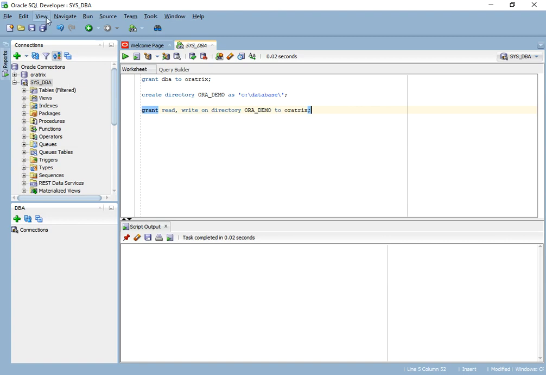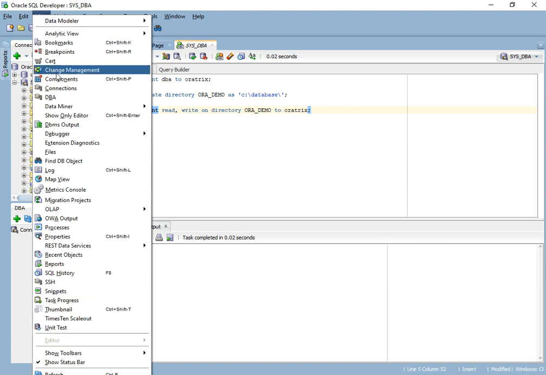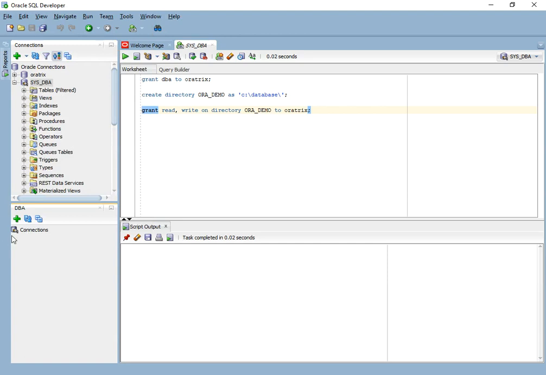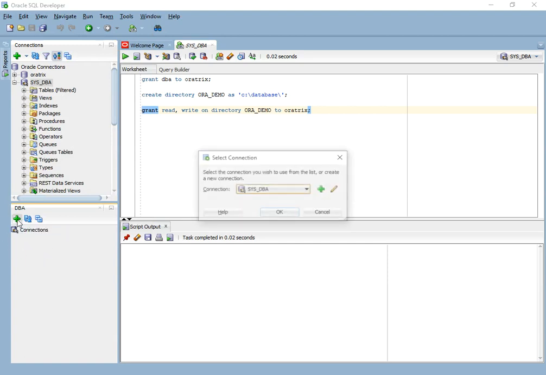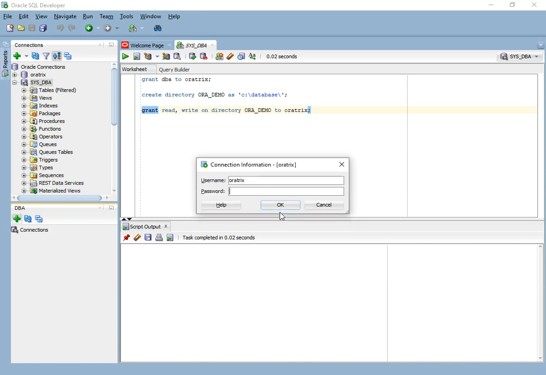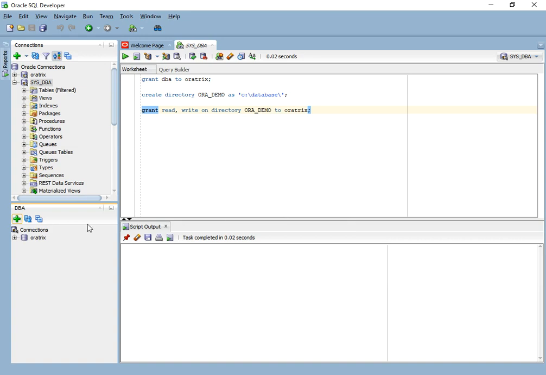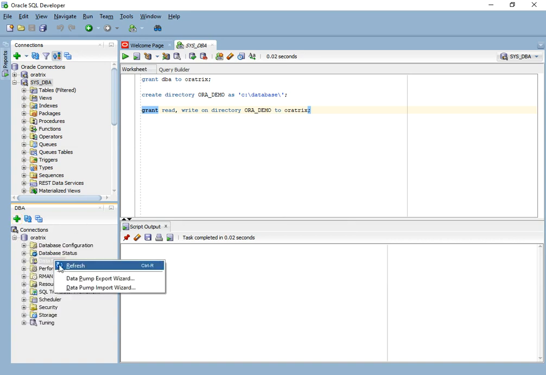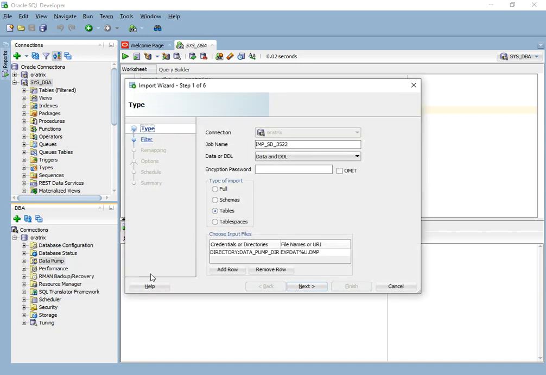For that, click on View and DBA. This will be available over here. Now click on the plus sign and connect to your Oratrix, whichever schema you want to import your data into. Click OK. Let me enter the password. Yes, we are connected now. Click on the plus sign, Data Pump, right click, then Data Pump Import, because we want to import the data.